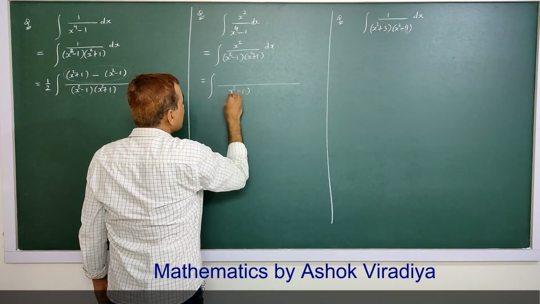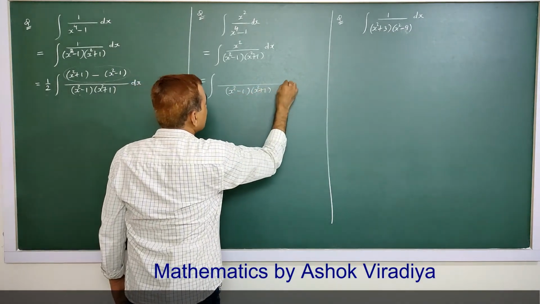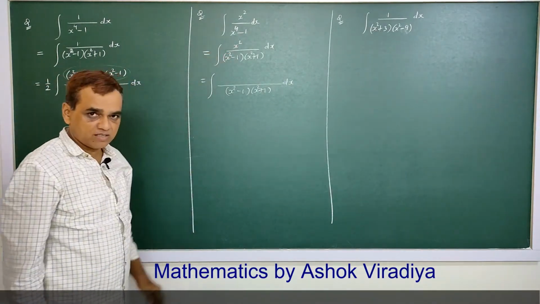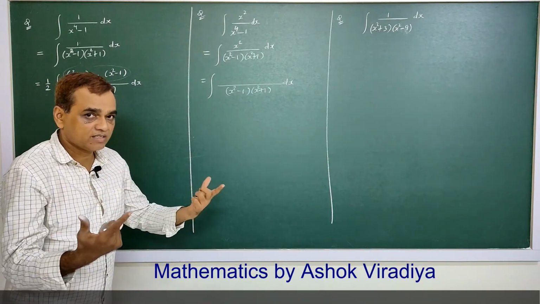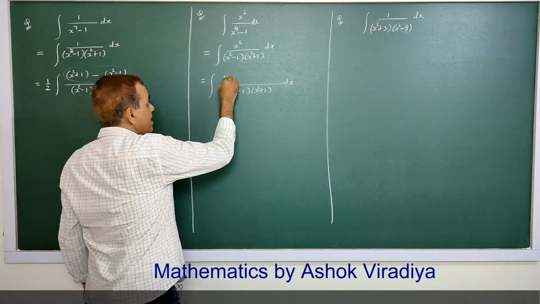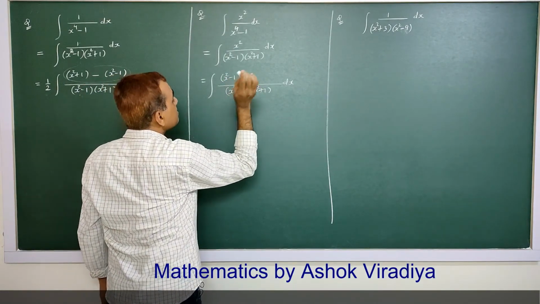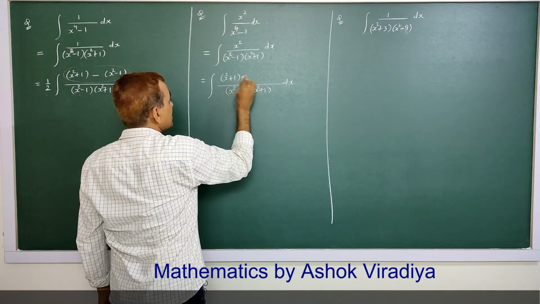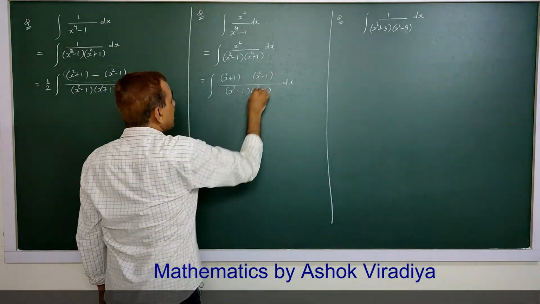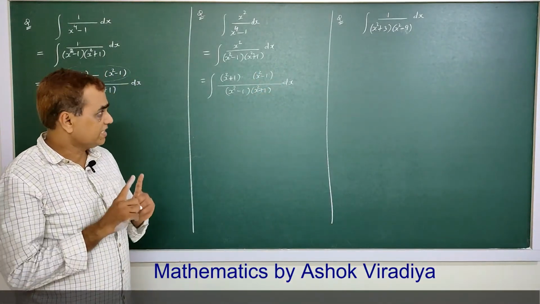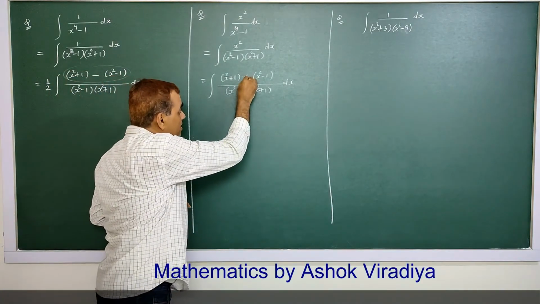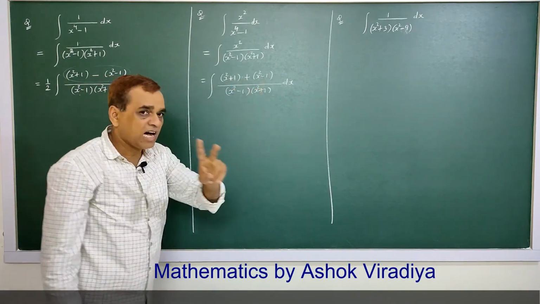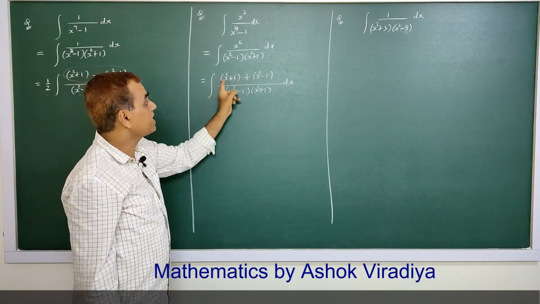See here what I will do. x square minus 1, x square plus 1, dx. The numerator is x square. We need x square, so we shall not eliminate x square. So what do we do here? Here x square minus 1 plus, then I keep here x square plus 1, and here I keep x square minus 1. Now say, if I put a plus sign between them, then plus 1 minus 1 will be cancelled. How much is left? 2x square is left.